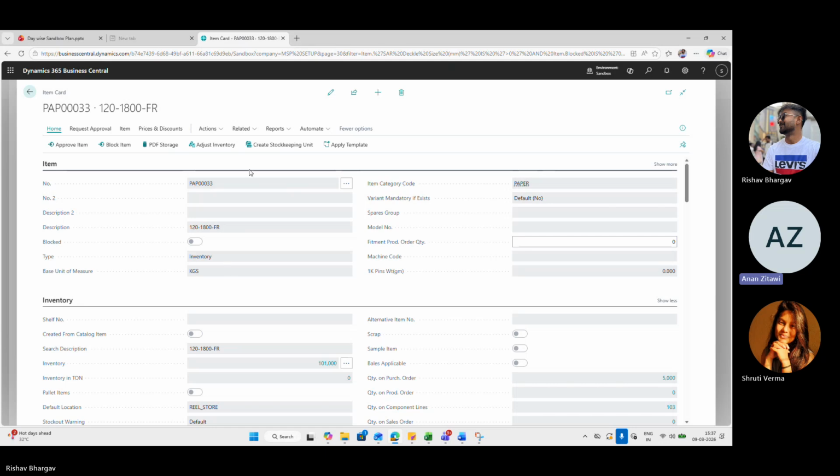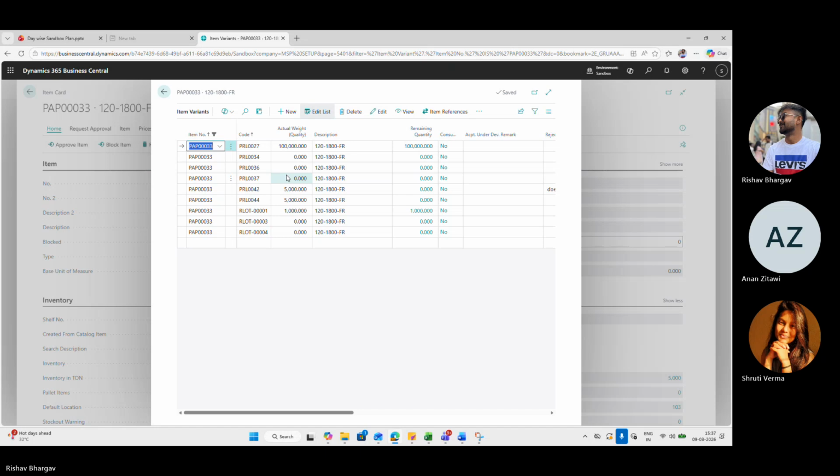Every reel, when it comes from the vendor, has a unique identifier, a unique ID, exactly like tables in a database: every table has a unique ID. So what changes will occur for this reel ID?